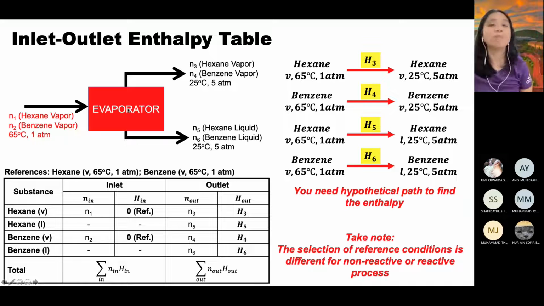So for example, katakan evaporator ni kan, katakan yang masuk dalam PFD kamu stream number 5. So label stream number 5. Yang keluar katakan stream number 6 and 7. So label your block diagram with the correct stream number according to your PFD. That's one. Okay. Next, for each of the stream, for the inlet and outlet stream, kamu kena labelkan